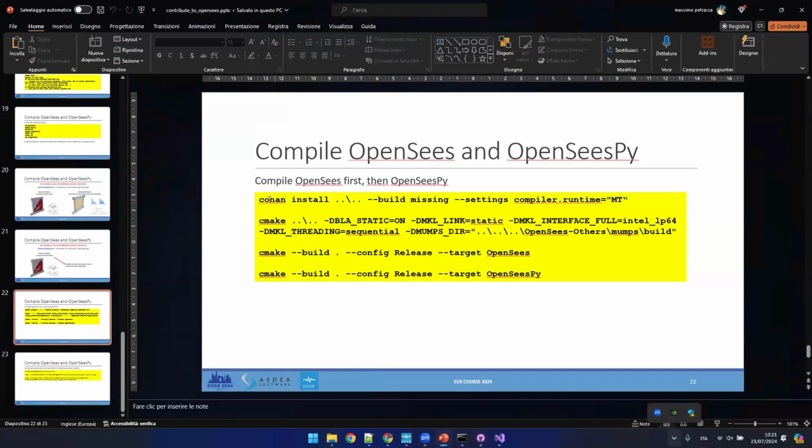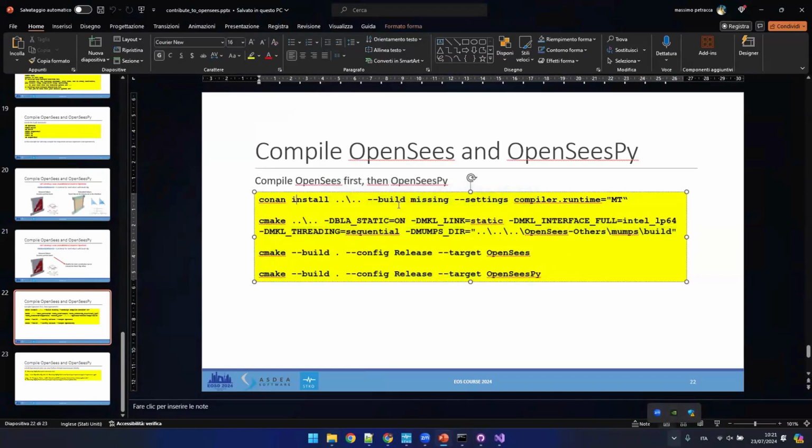So here you have all the lines you need for compiling OpenSees and OpenSeesPy. So the first line is to install the dependencies. That's why it's very convenient to use this approach instead of the plain Visual Studio approach, because with Visual Studio, you have to take care of